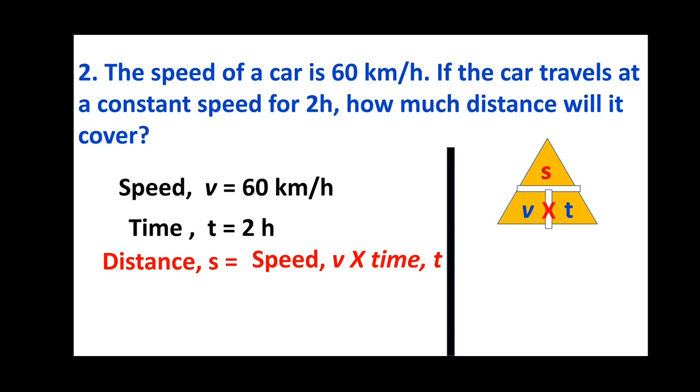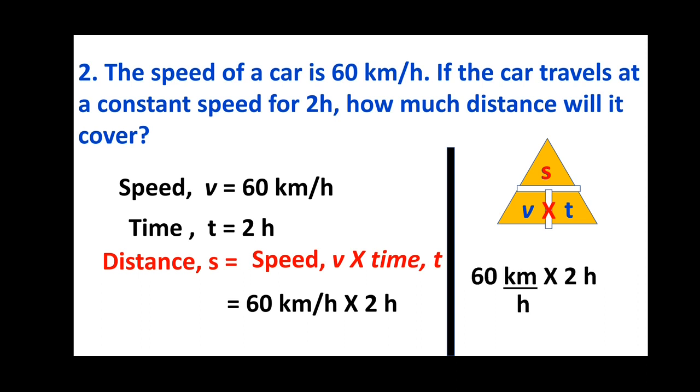Now let us substitute the values. That is 60 km per hour multiplied with 2 hours. So let us do the calculation in workspace. This hour and hour will get cancelled. Then we know that 6 2s are 12 and there is 1 zero for 60. That zero we will write here. And the unit remaining is kilometer. So we will get the answer as 120 kilometer. Hope this question and answer is clear for you.